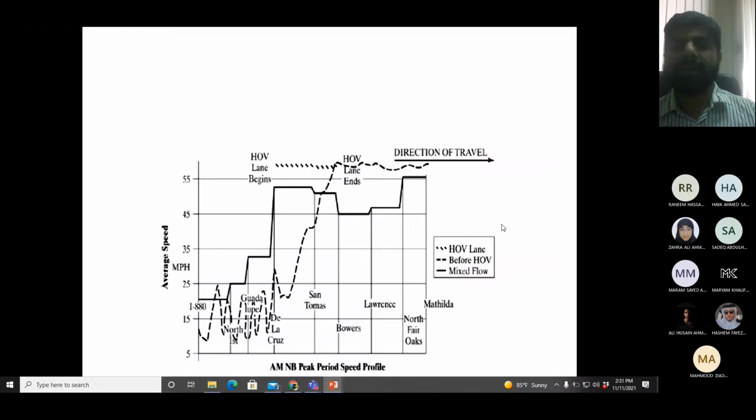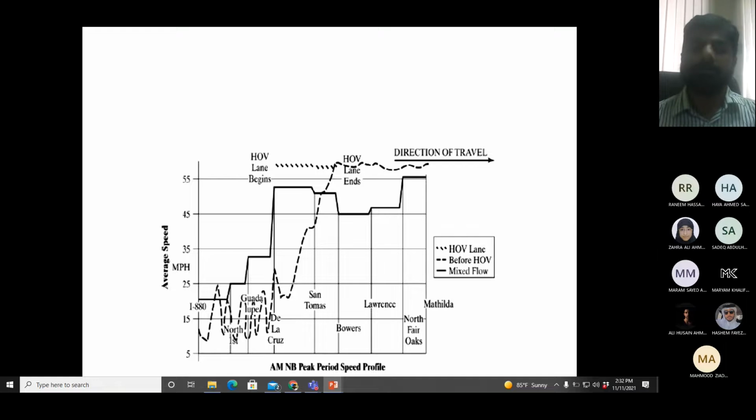In some countries they have adopted HOV lanes. They have a separate lane where vehicles with high occupancy can go. That lane will have very few vehicles, so its speed will be higher, because not all vehicles are high occupancy. So you are providing a faster lane for drivers who are carrying more passengers. People are encouraged to use a single car for multiple passengers, or to use the buses.